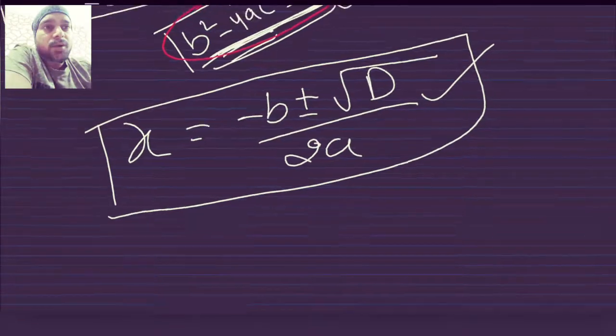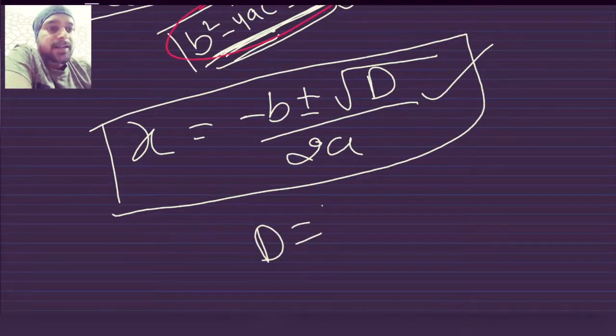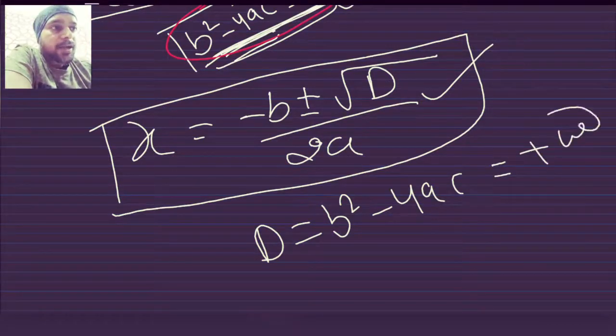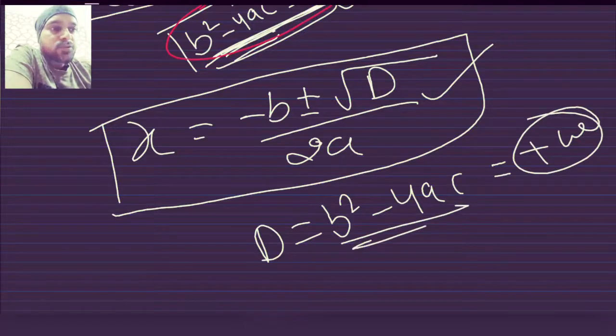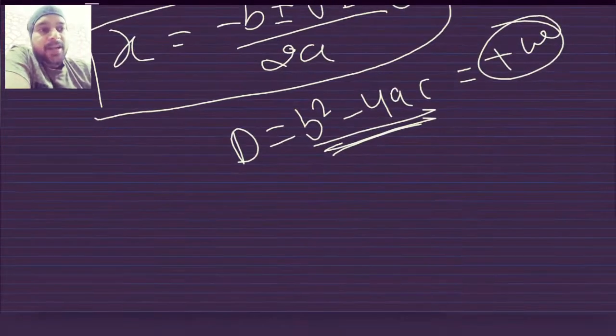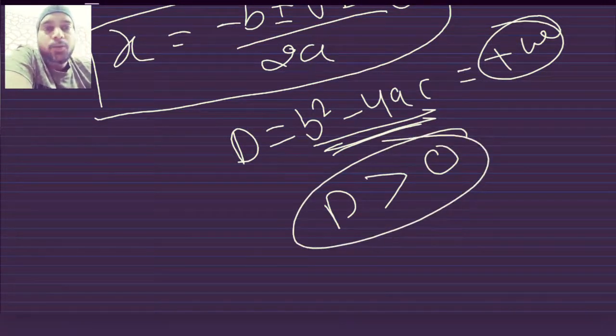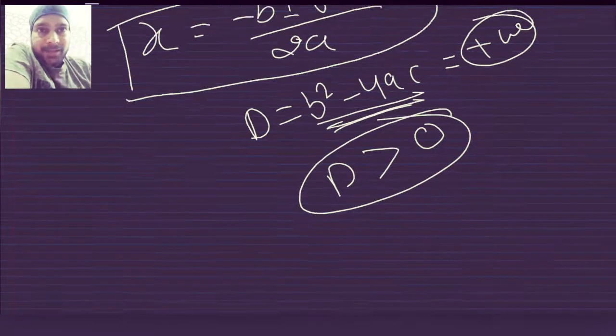Now suppose you find the value of the discriminant, that is b square minus 4ac, and that value becomes a positive value. Means the value of b square minus 4ac becomes positive. That means the discriminant is greater than 0. Positive number means greater than 0. All the positive numbers lie on the right hand side of the number line, so those numbers are going to be greater than 0, obviously. So the discriminant is greater than 0. Let's check what is going to happen when the discriminant is greater than 0.